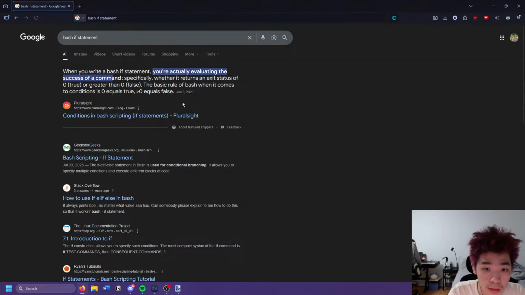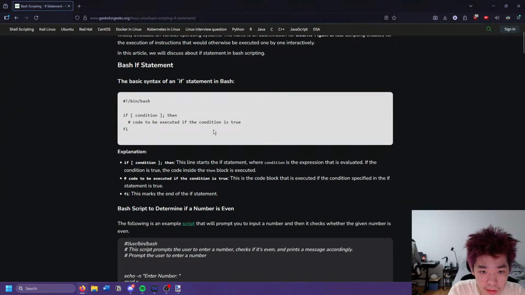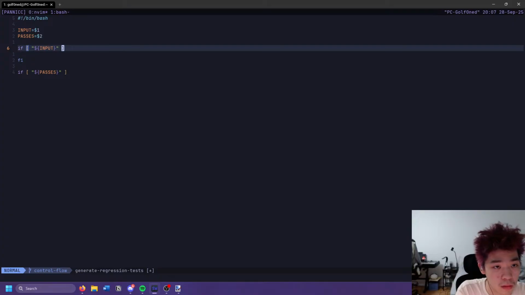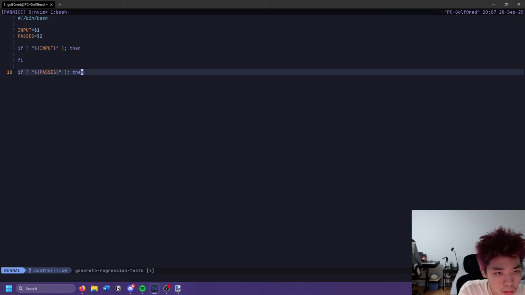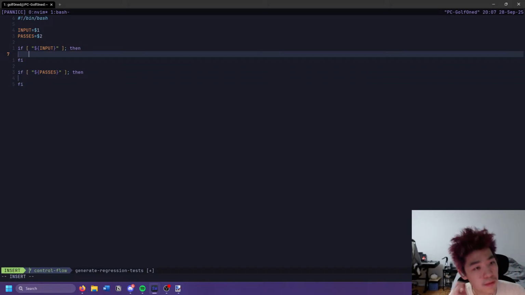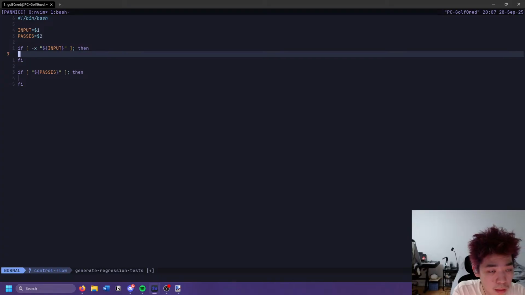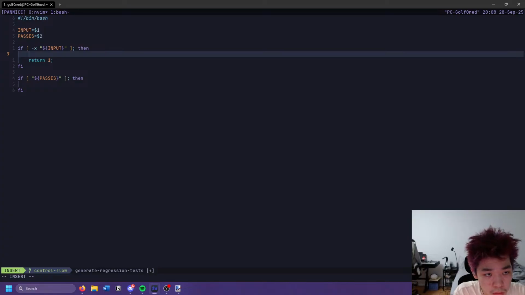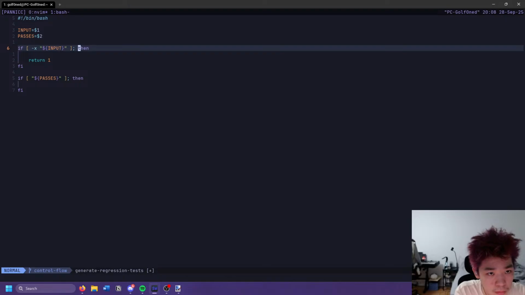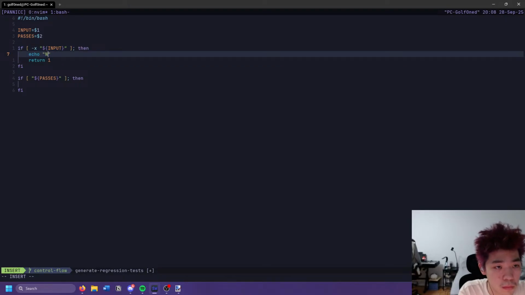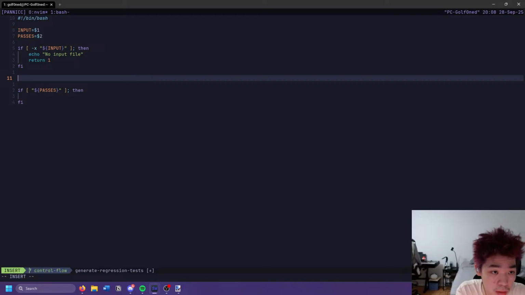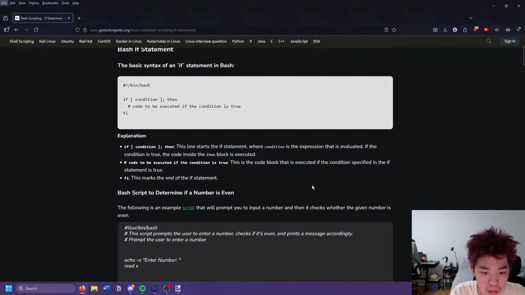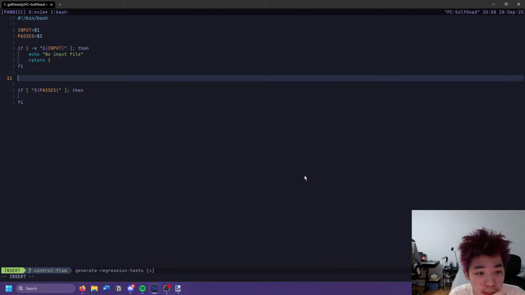Dash if statement. Fee. Okay. So if input, or I guess if not input, then we want to just like, we can be a little bit scrappy with this for now. Yeah, okay. So we can do that, and then